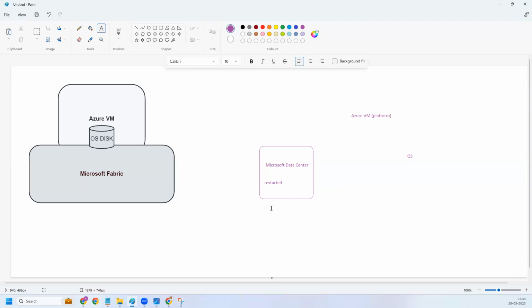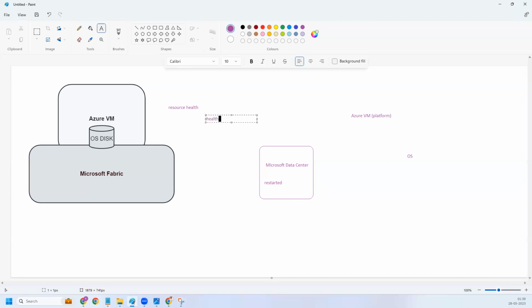So on Azure VM, there is a service called Resource Health. In the resource health, it will clearly tell you the current state of your VM, whether the VM is in a healthy status, or if it is having any service degradation issues,